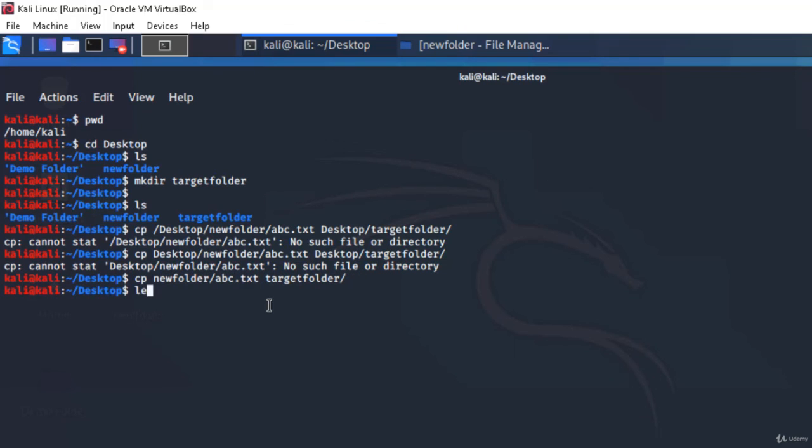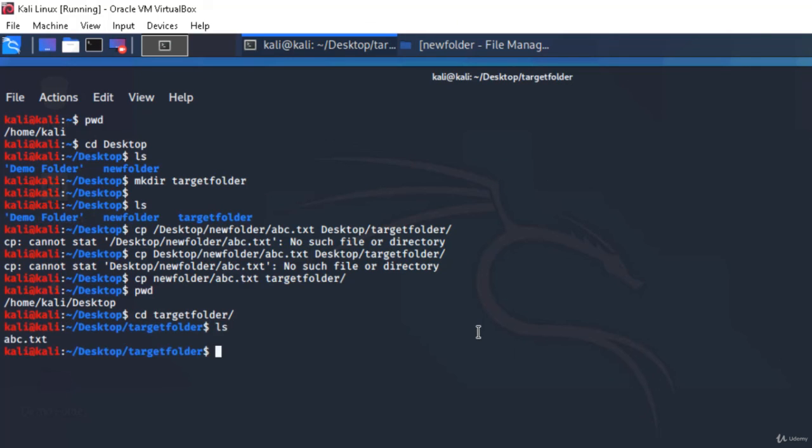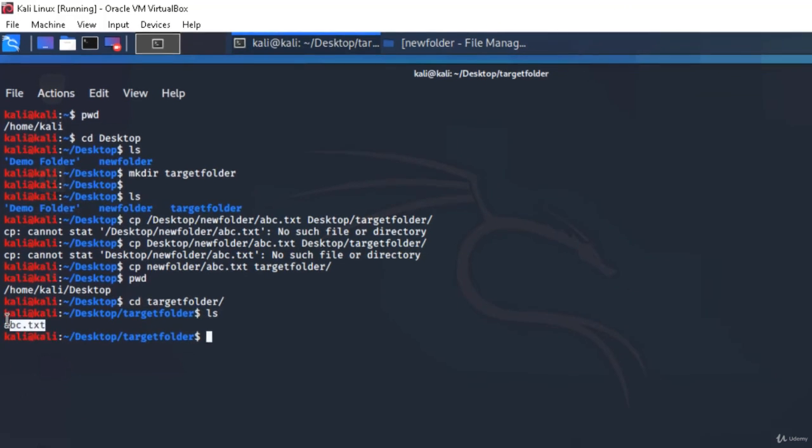We have successfully copied the file from new folder to target folder. Let's check the target folder. cd target folder and then ls are the commands we are interested in. So we are on desktop. Let us go to the target folder, ls, and there you have the